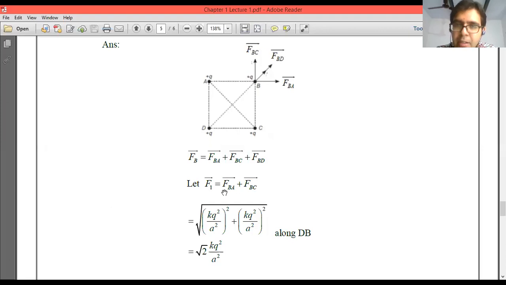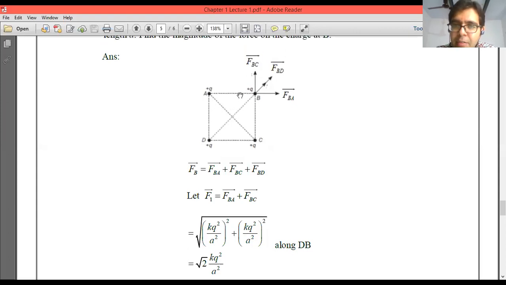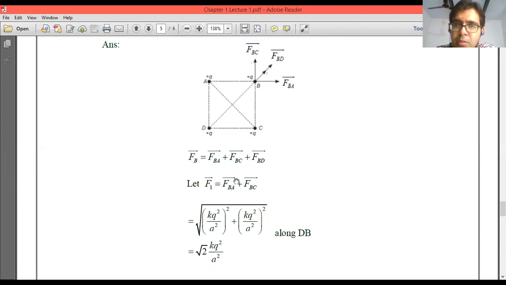So FBA, what is FBA? The force on B due to the charge present at A. So this will be in this direction. They both have the same sign. A will try to repel the charge present at B. Now that force,